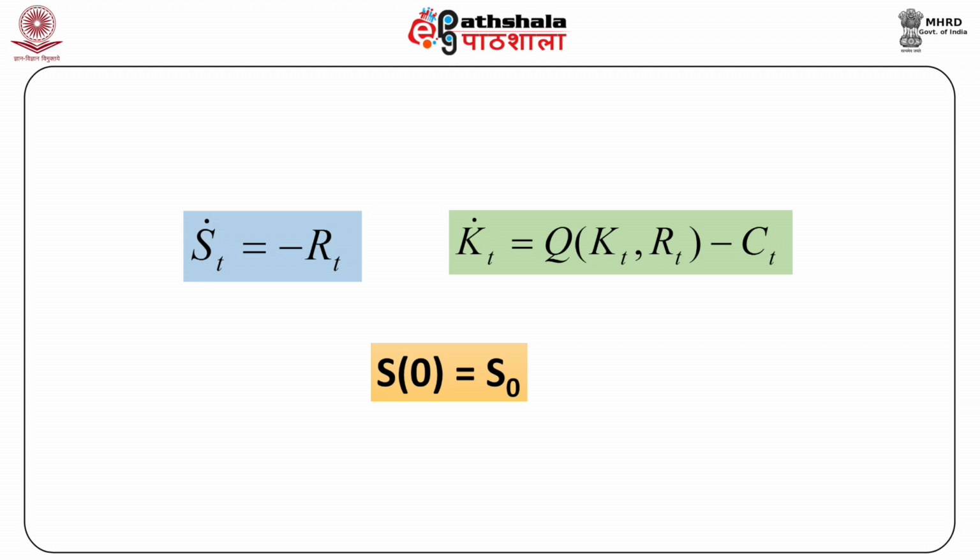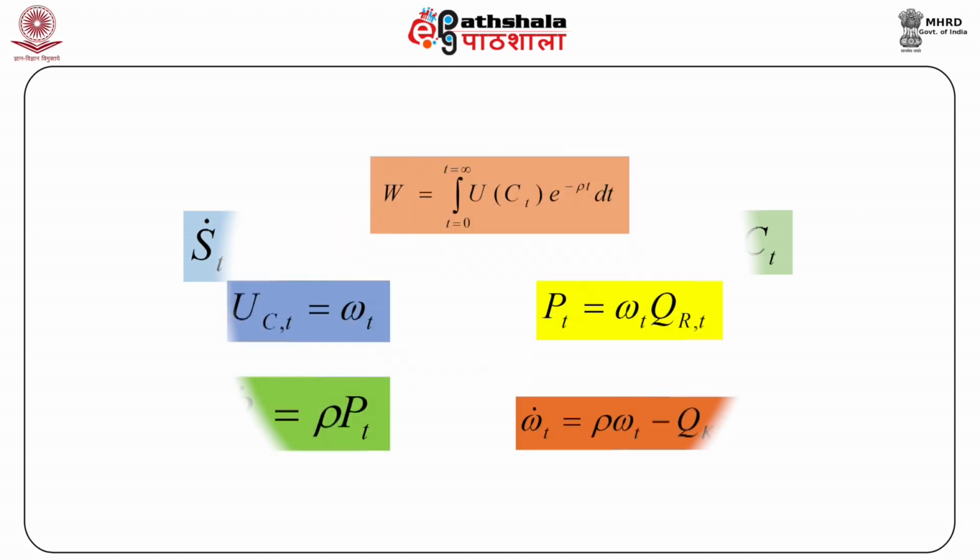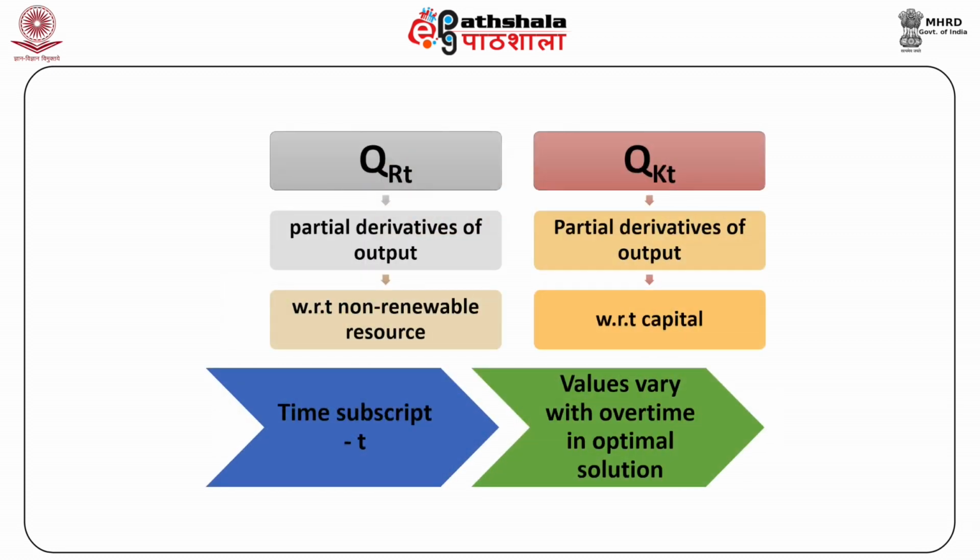Solving the above problem using constraint optimization techniques, we arrive at four equations that characterize the optimal solution. These are U_C(t) equals omega_t, P_t equals omega_t Q_R(t), P dot t equals rho times P_t, and omega dot t equals rho omega_t minus Q_K(t) omega_t, where Q_R(t) and Q_K(t) are the partial derivatives of output with respect to